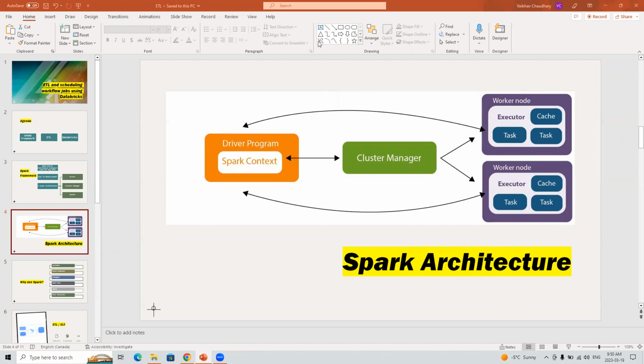So Divya is saying, thank you. What information is passed from driver to worker node? Okay, so the result, yeah, I'll show you in the demo, Divya. It will be much clearer after that. And the results that are being passed to the worker node, and from the worker node to the driver, will effectively go in the architecture. What's going to happen, I'll show you in the demo, okay?